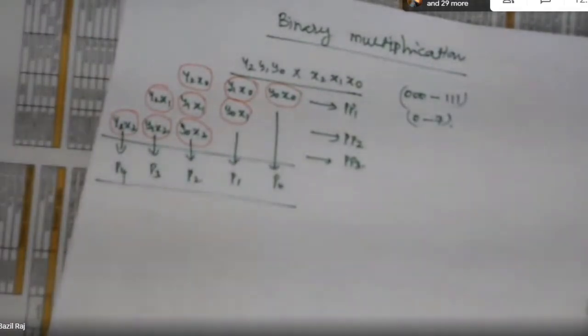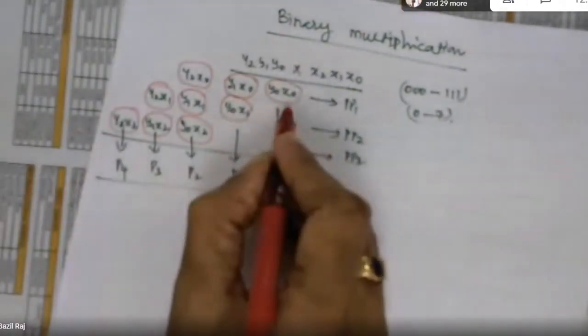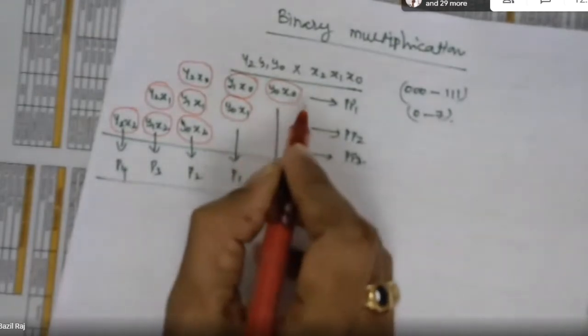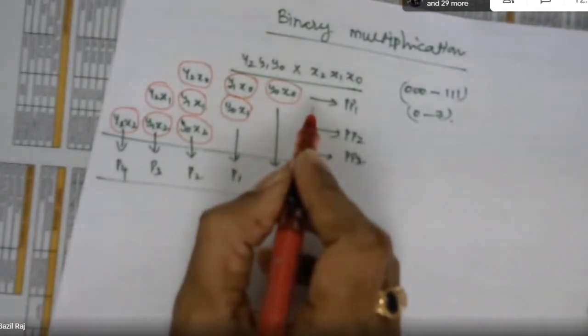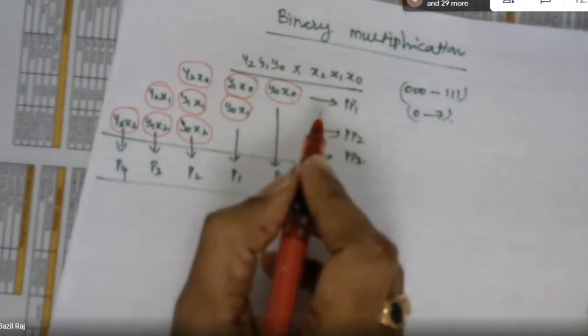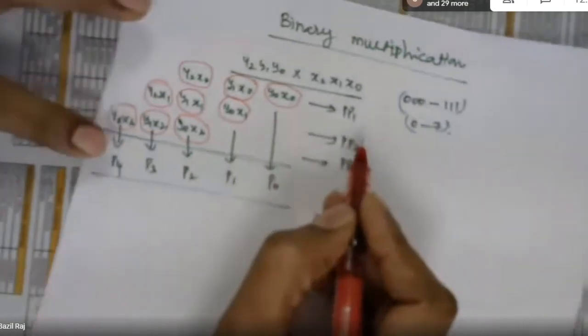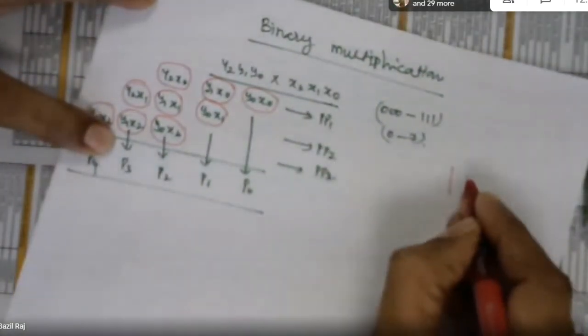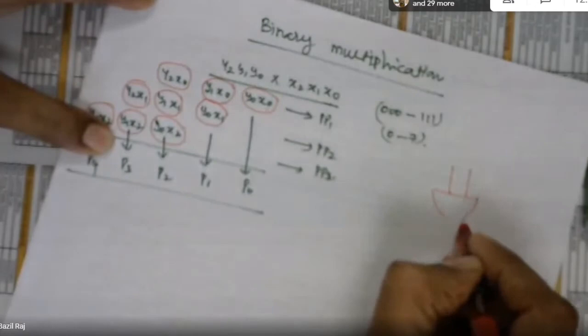Look now, x0, y0 in the sense, x0 is a bit, y0 is a bit, right? Irrespective of the length of your x and y. X can be 128 bits, y can be 1000 bits, but y0 is a bit only. X0 is a bit only, correct? So in the first term, x0 and y0 are multiplied, meaning x0 and y0 are passed to an AND gate, because an AND gate is nothing but a multiplier, a binary bit multiplier. So I'm taking an AND gate here. This is the AND gate.